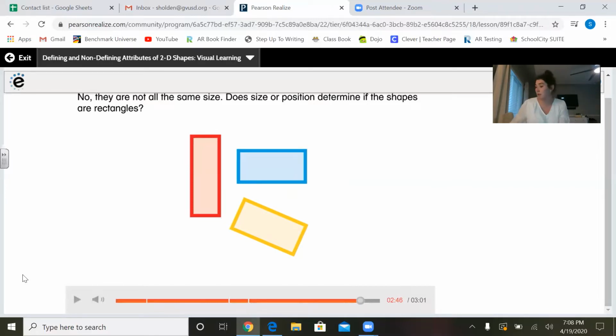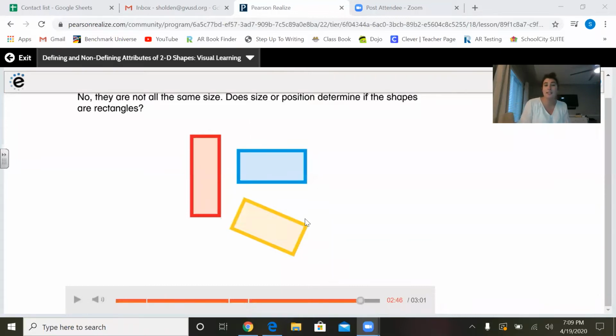Now, again, go back to the squares that I show you. It says, does size or position determine if the shapes are rectangles? So if I have squares, just because this is a small square and this is a big square doesn't mean that just because they're not the same shape that they're not squares. Even though this one's big and this one's small, this one's still a square. This one's still a square. If I turn it like this, they're still squares, even though I moved their position, the way they're laying, they're still a square. So if we go back over to our screen,